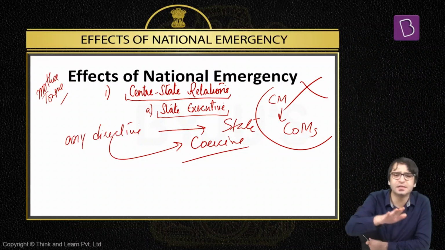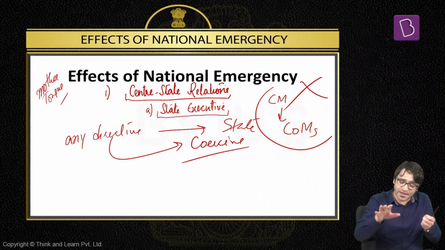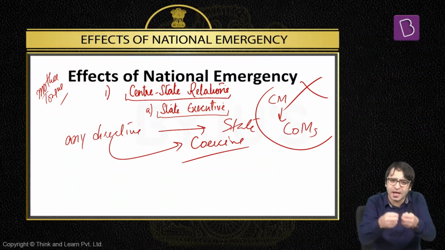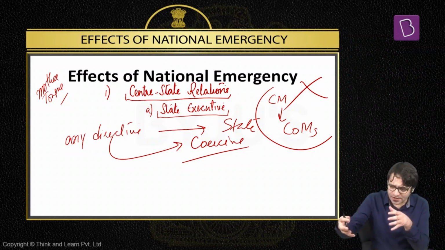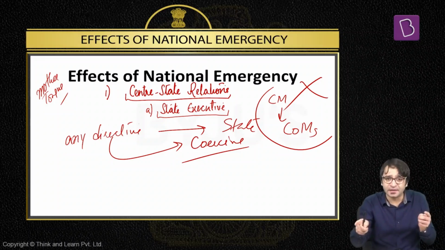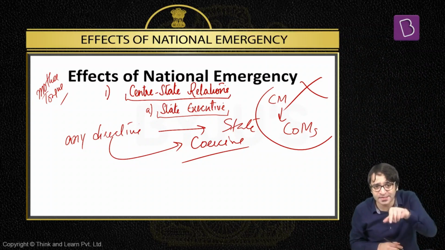There is a council of ministers headed by the chief minister, but they are brought under the control of the center. The center can issue any directive to the state. The state has to follow. And if the state does not follow these directives, dismiss that state government. The center takes over the entire control of that state. What is it? It's a unitary constitution. That means during national emergency, the state executive is brought under the complete control of the center. So they are not suspended, but they are brought under the control of the center. When they do not follow the diktat of the center, they will be dismissed. They will be abolished. Impact number 1 on state executive.